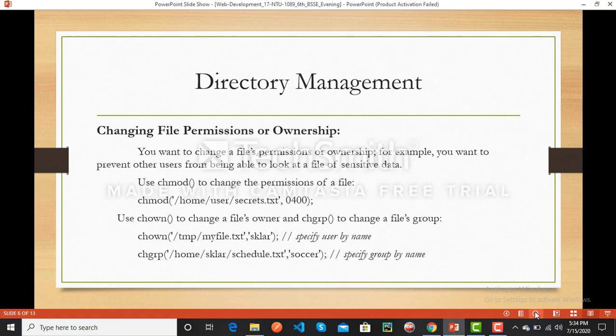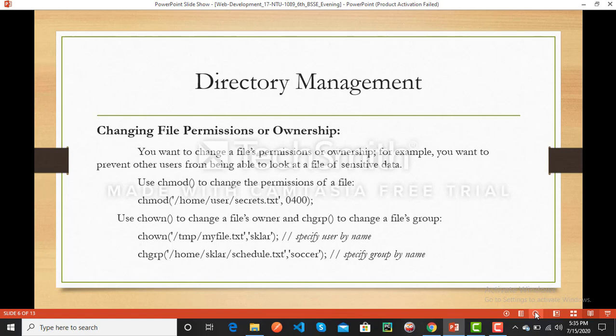Next, changing file permissions or ownership. You want to change file permissions or ownership. For example, you want to prevent other users from being able to look at a file of sensitive data. For this we use the chmod command, change mode.